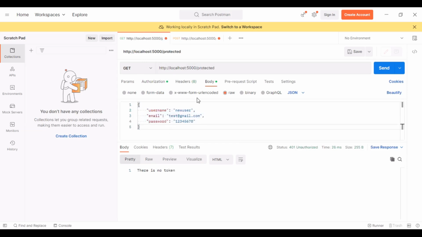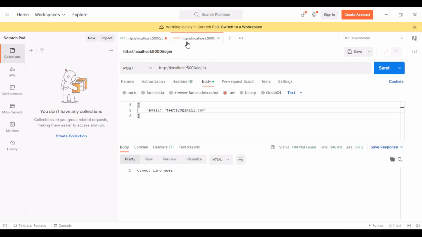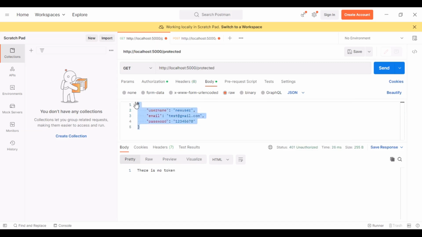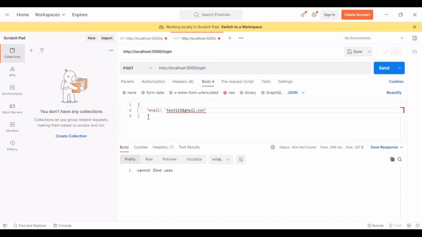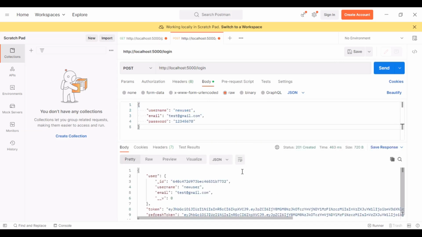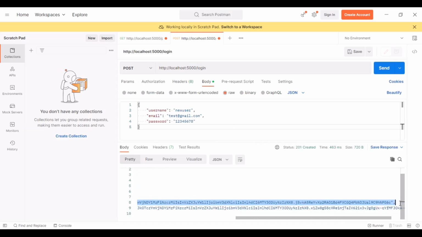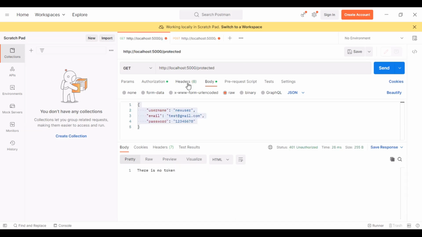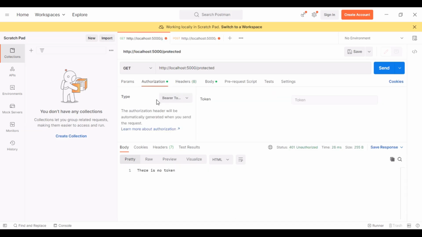Why is the data not coming? I think we need to select the JSON here. Let me copy it again, paste it. This time it should return a token. Yeah, so let me copy that token, coming back to authorization, bearer token, paste it, and now